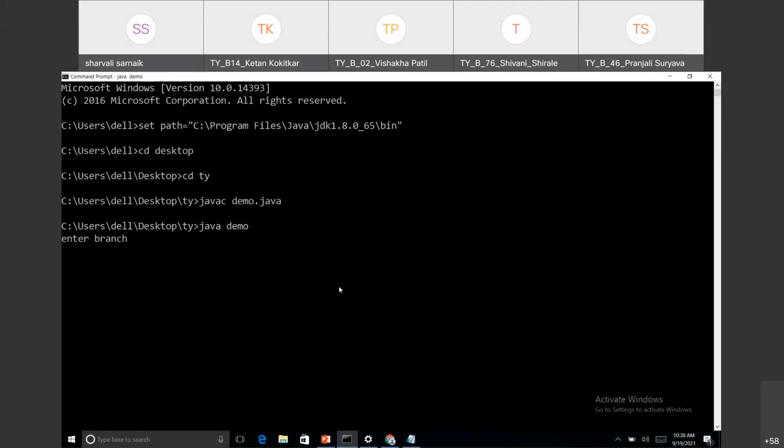It is asking enter branch. I have to enter CSE.